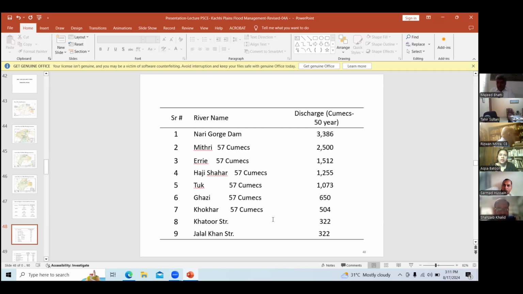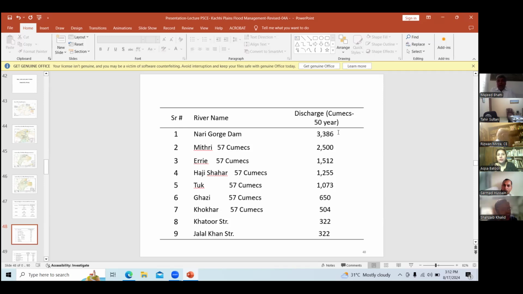So you can see there are so many structures. This is the 50-year discharge, 36,300 and 386 cubics. Don't mind, the units are sometimes Q6, sometimes cubics. Kindly don't mind it. You can convert it.